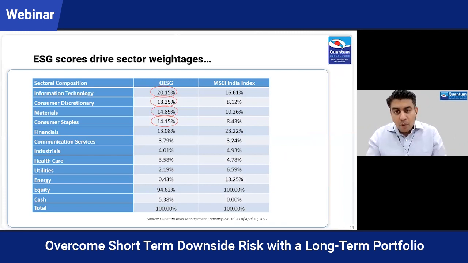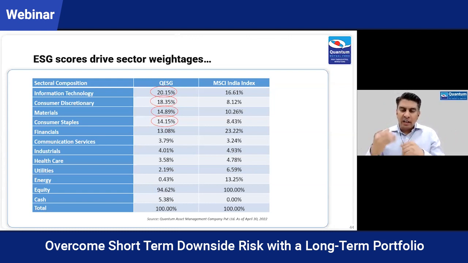And if you look at the current portfolio, it is significantly heavyweight in information technology. Tech stocks have a higher weight. Given the tech sell-off that we have seen in the US, even Indian companies have gone through the brunt of some sell-off, and therefore you will see the impact on performance to some extent currently. Consumer discretionary is a significantly high weight. Saurabh explained that we see a lot of levers because as the economy grows, as income increases, consumer discretionary spend will increase, and therefore benefit because of the growth that we'll see.